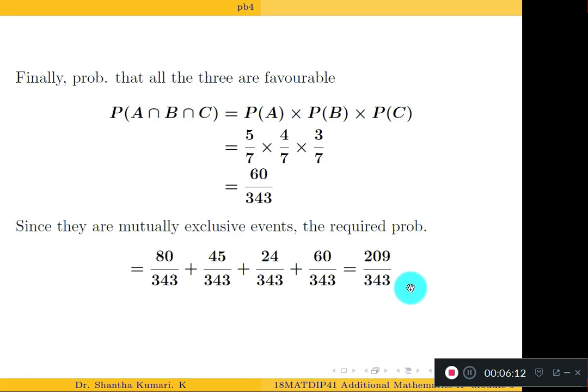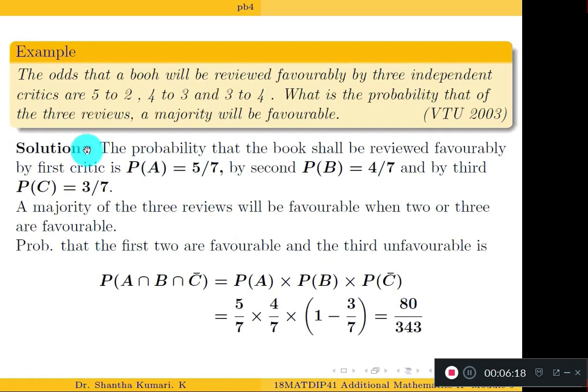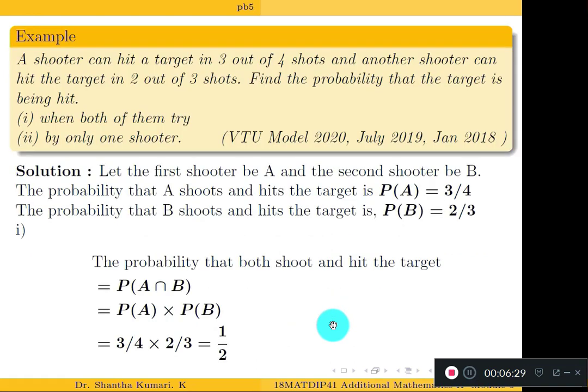So this is actually similar to the previous problem. The only difference is that the data is given in the form of ratios, m is to n: 5 to 2, 5 to 2, 4 to 3, 3 to 4. Because of that, this is a new problem. Otherwise, these conditions are similar to previous problems. Now I am going to the next question. This is also selected from your model question paper and is repeated in other question papers. It is similar to your worked out problem, once again not new.